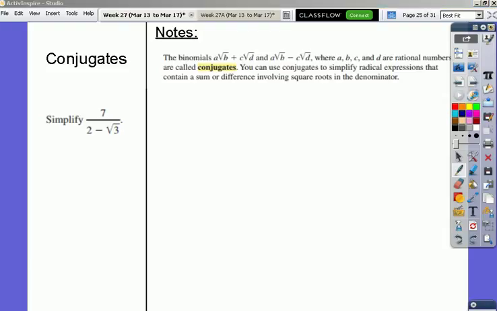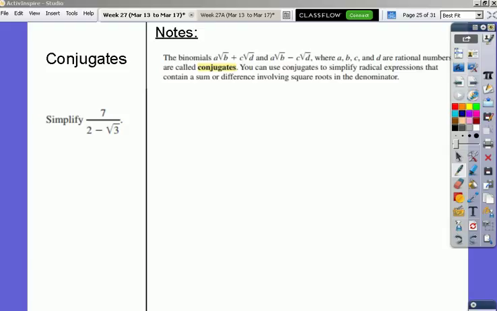It says, the binomials a root b plus c root d and a root b minus c root d, where a, b, and c and d are rational numbers, are called conjugates. You can use conjugates to simplify radical expressions that contain a sum or difference involving square roots in the denominator. Essentially what conjugates, the concept that they revolve around, has to do with something that we looked at last chapter, and those special